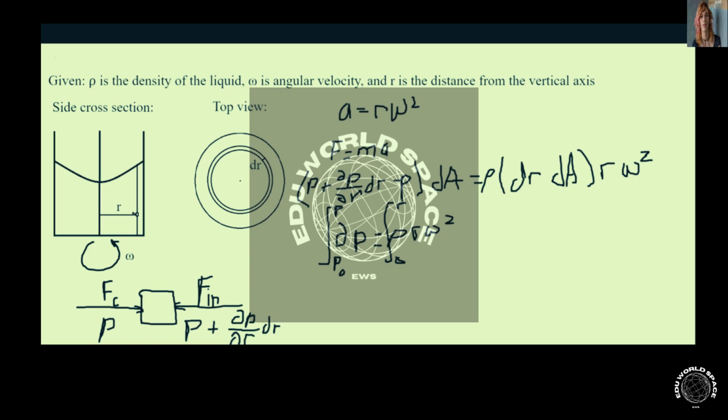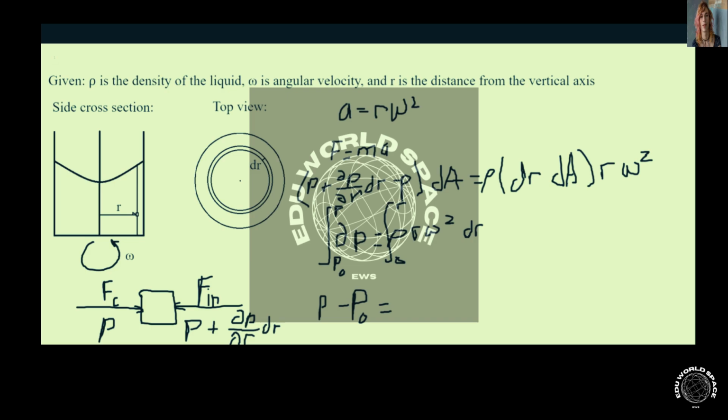We also need to write the dr right there, just so that we know we're integrating with respect to the variable r. Carrying that out, on the left side we're going to get the final pressure P minus P0, the initial pressure, and that's going to be equal to